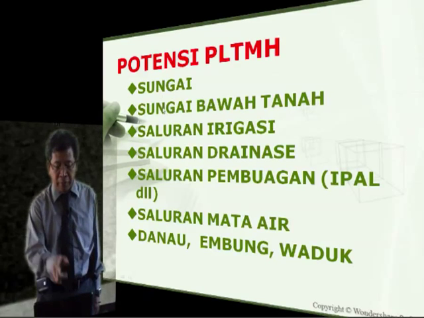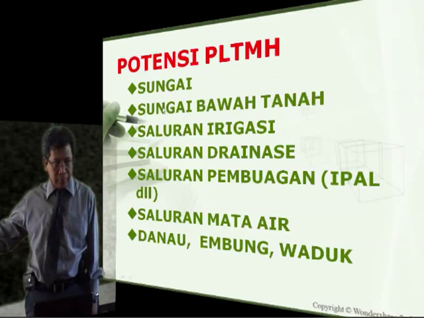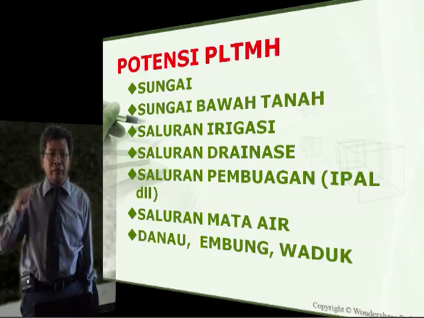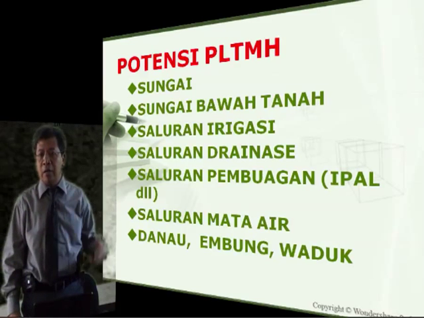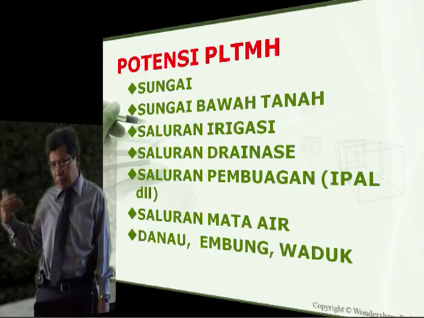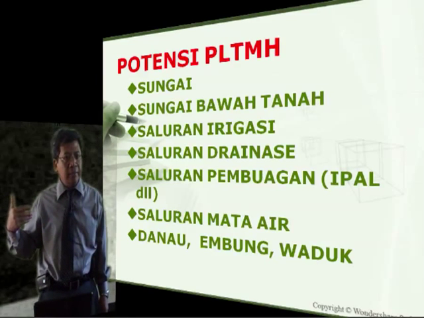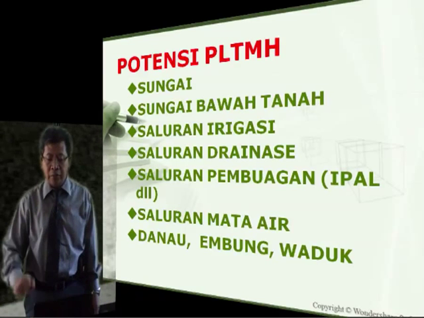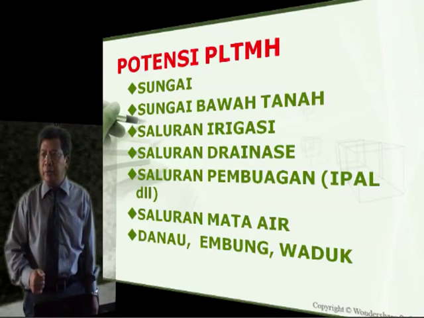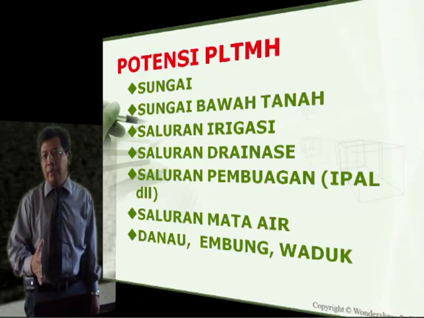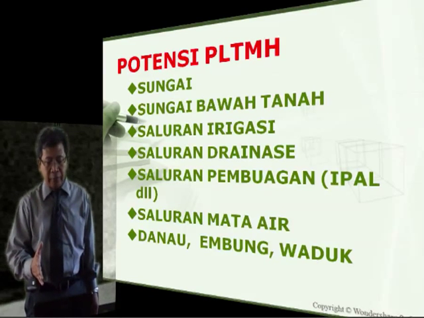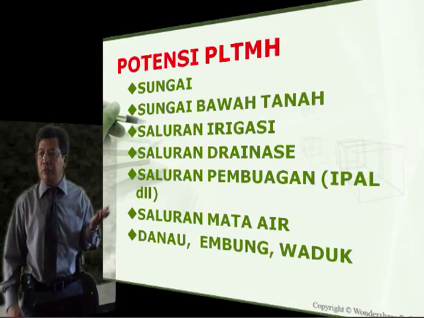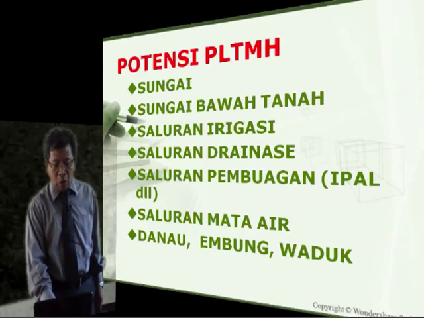You know, in several places like in Gunung Kidul, we have underground rivers. In Maros, we also have underground rivers. In some places in Pati, we have underground rivers. In West Java, we have a karst area. We always have underground rivers, and underground rivers are very potential for developing microhydro because we have water. We just stop the river, and then we can have pressure. Then we can develop microhydro from the underground river.